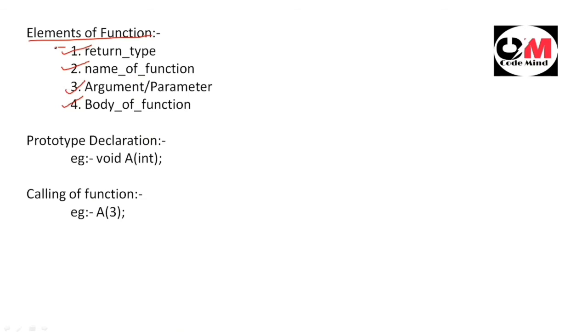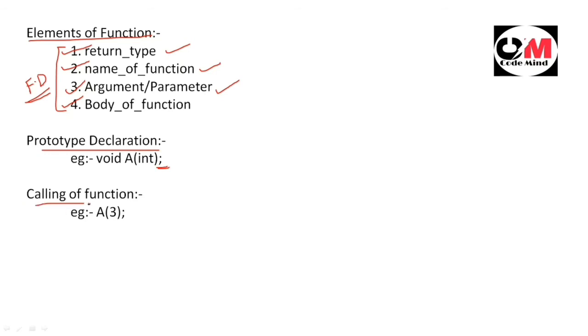If the function has all these four things, the return type, the name of the function, the argument or parameter and the body of the function, then it is called the function definition. Then the prototype declaration. What do you understand by the prototype declaration? If the function has only the return type, name of the function and argument or parameter, then it is called the prototype declaration. In a prototype declaration, it must have a semicolon at the end. For example, void a(int);